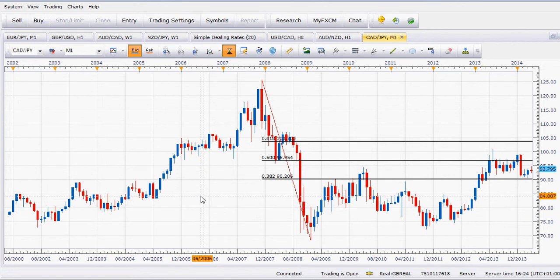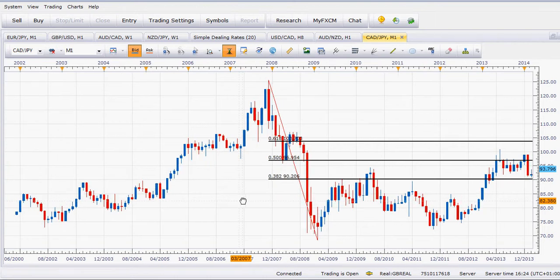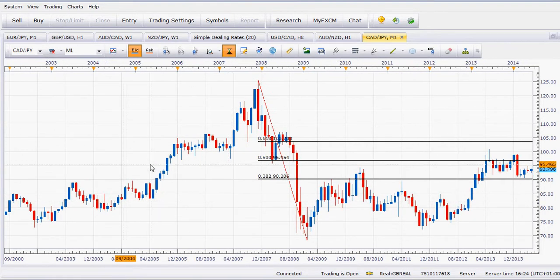Okay. Also, you might talk about support and resistance as lines or areas, and instead of resistance, you might call it supply. So, I mean, it is entirely up to you. I'm going to call them support and resistance because that's what I'm used to, and it works for me. And so we're going to talk about